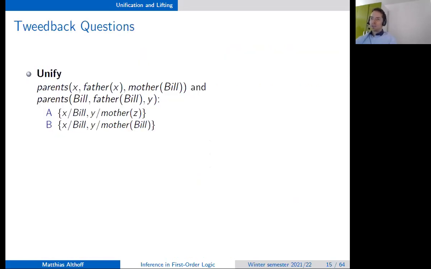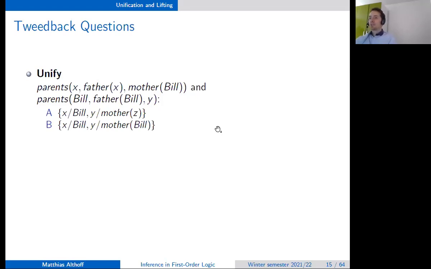Okay, so now we have a few further questions using TweetBack. So the first one is we have parents of X. The parents of X are father X and mother Bill, and the parents of Bill are father of Bill and Y. So which substitutions do you have to make?